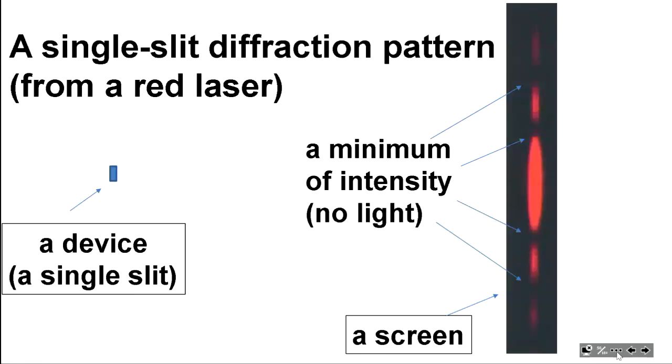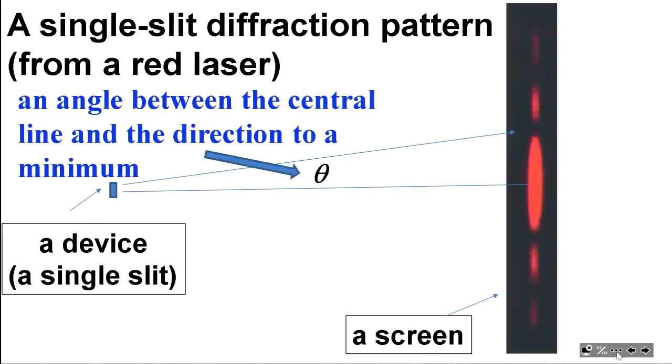wide, bright spots. And because they're wide, we cannot assign any specific location to that, which means we cannot actually call them maximum. We cannot count them as maxima, but they are spaced by relatively narrow fringes with no light at all. So now, for this pattern, we should count only minima. And if we do that,